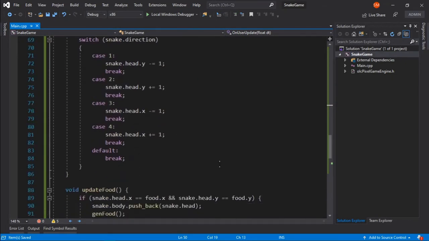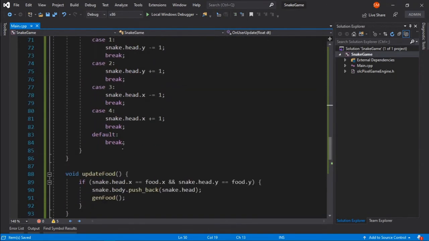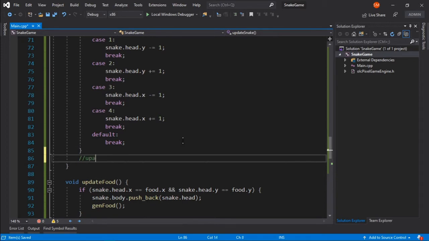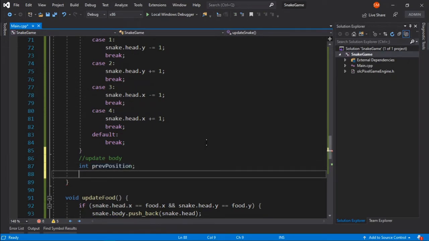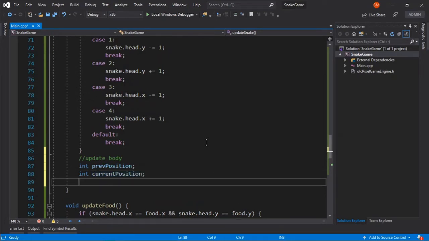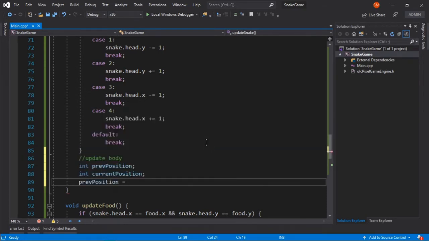Now whenever the snake eats the food, its body should be updated, so we will now update the body here. To update the body we need some temporary variables. So I will say the previous position and the current position, and the previous position, that is pre position, will be the head's position.